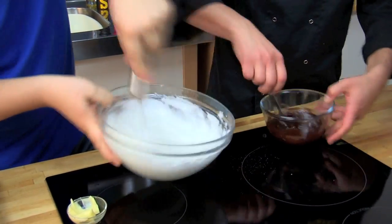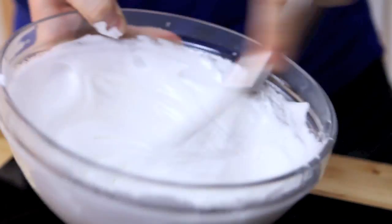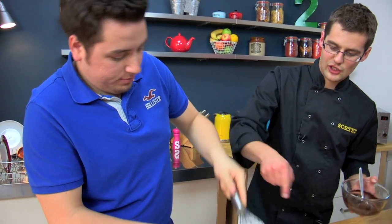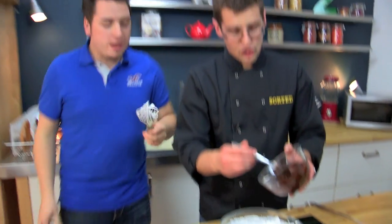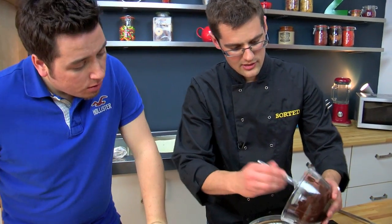Not far off, Jake. Almost there. Awesome, loads of air in there, and just where it's going to hang again off our peak. So shake as much of that out of the whisk as possible. There we go, perfect. Now, our chocolate we add in little bits because we don't want to lose too much